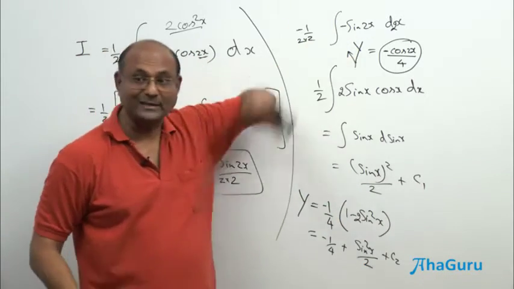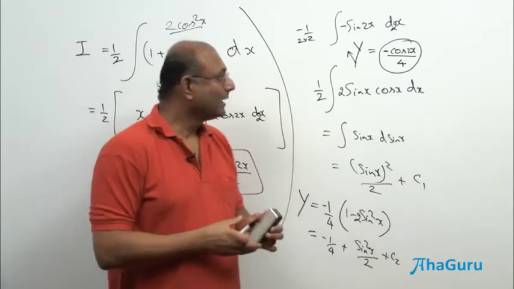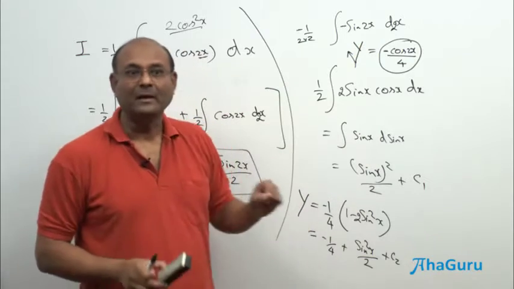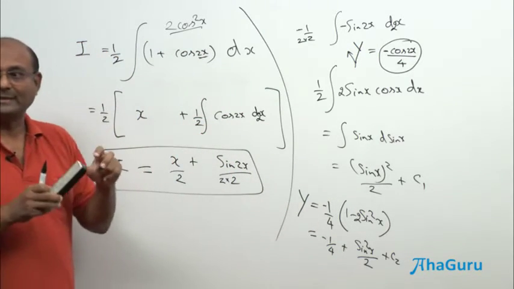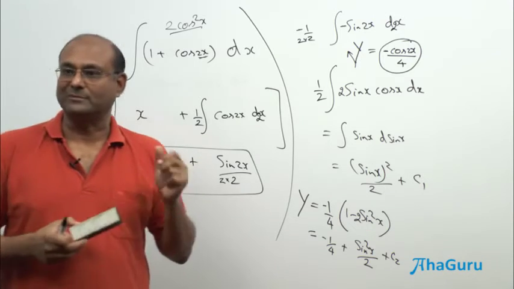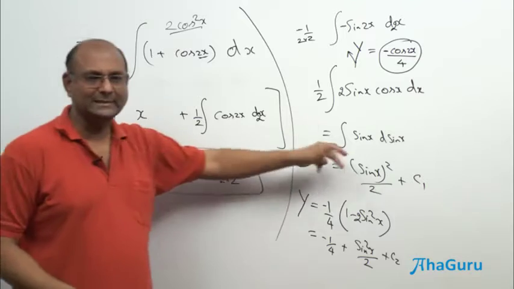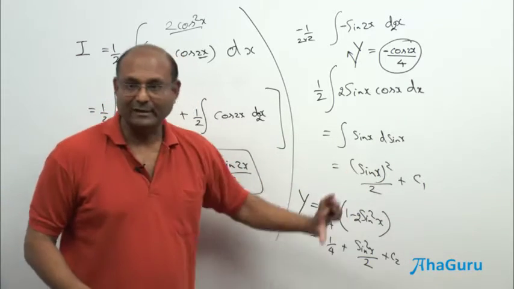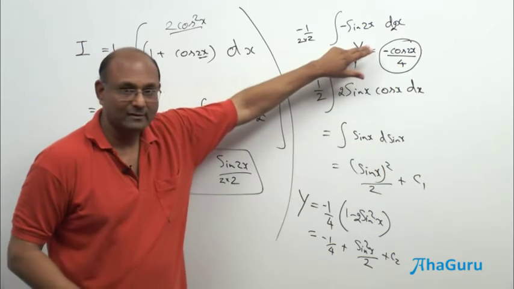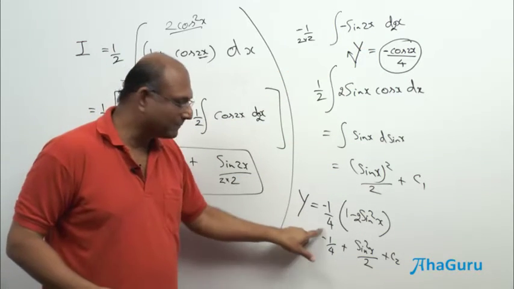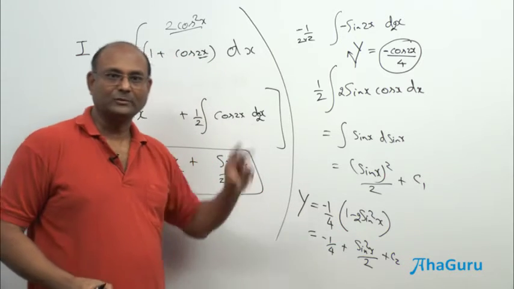How do you know that this fellow's constant and this fellow's constant is the same? Actually, you never know. So it may actually be 2 different constants, but overall the rest of it is the same. The form looks a little different. So you will find sometimes with integration you can get the same thing in 2 or 3 different forms. And that should not be a big botheration. It's just the same thing, except for some constant. It looks different, but if you simplify that, you find that it is the same as this, except for that minus 1 by 4. But that minus 1 by 4 can be absorbed into the constant. So these two are the same answers.